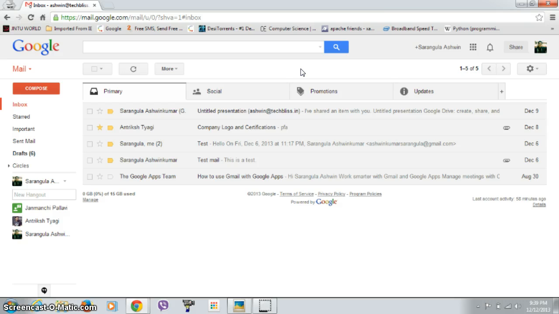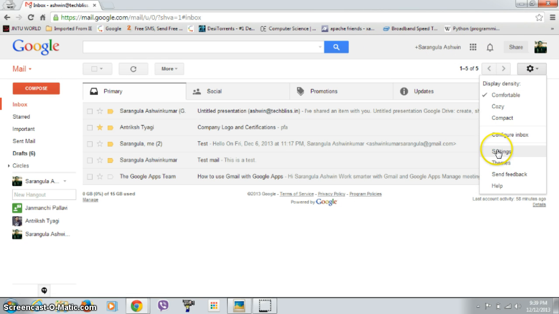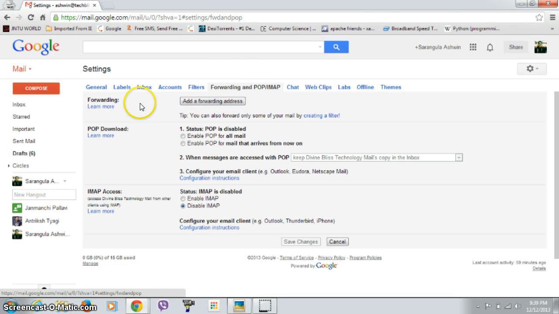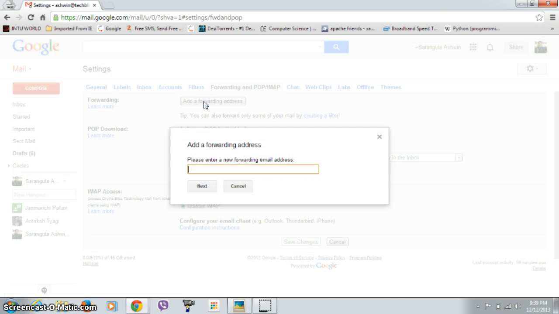And coming to the second part of this video, that is forwarding your mails to a different address. Even in this there are two ways of doing it. The first thing is that, again, go to the gear icon and go to the settings. Here you can see there is a section, Forwarding and POP/IMAP. In the forwarding section, you can see an option, Add a forwarding address. So you can just click on this, and then you can give a mail address. For example, if I am giving this